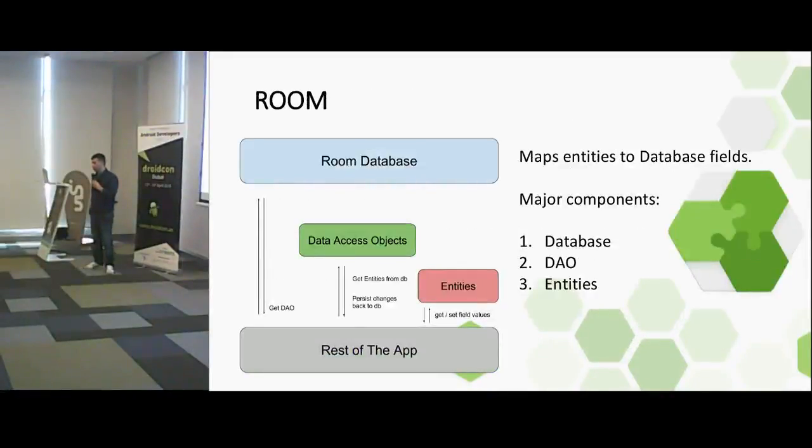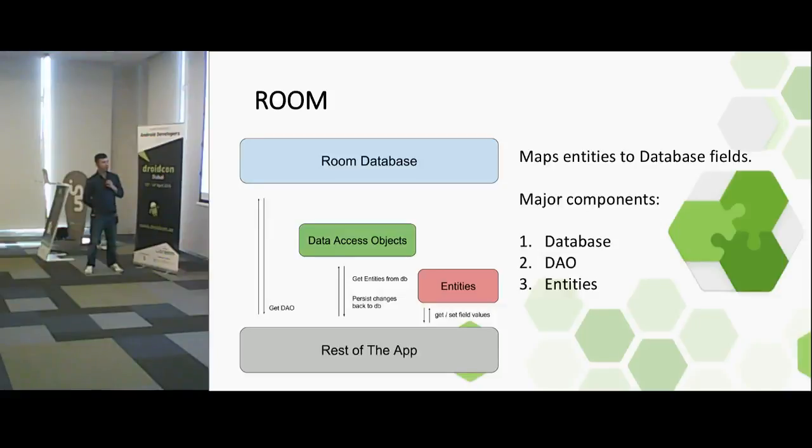Let's quickly pass to Room. Okay, Room. We said Room is simply an ORM solution for Android. It makes Android persistence super easy. Room simply maps our entity fields to local database tables. Room has 3 different components: entities, DAOs, and the database object itself. In entities, we have getters, setters, and field values, and we may give them some respective new names.